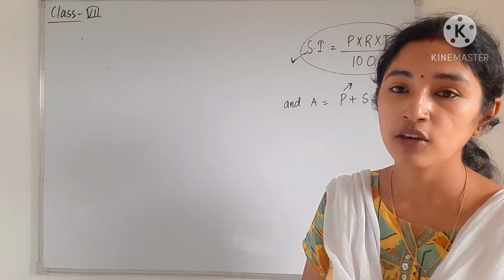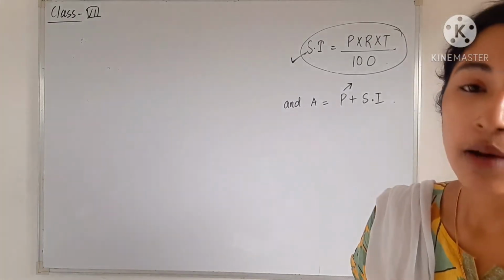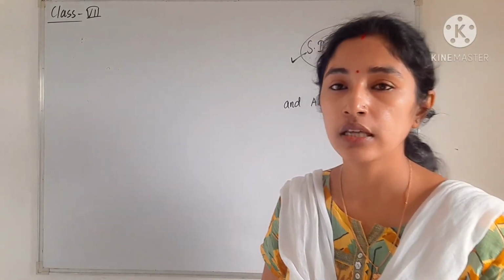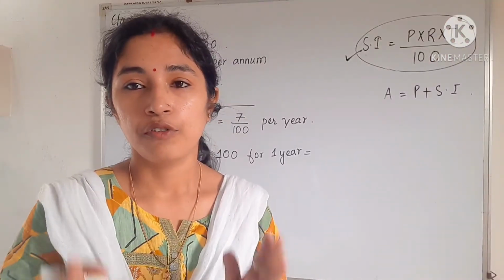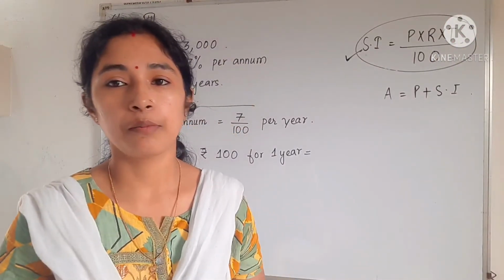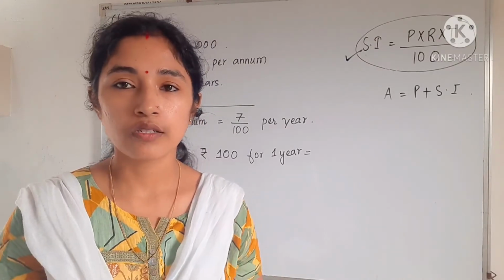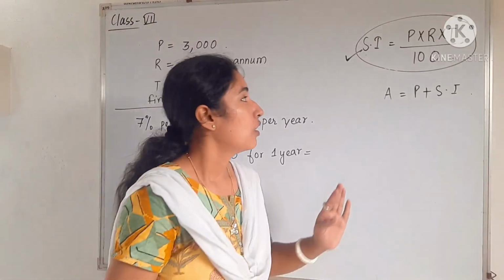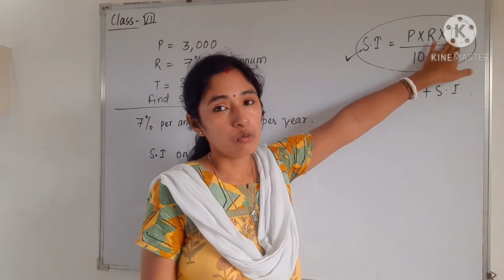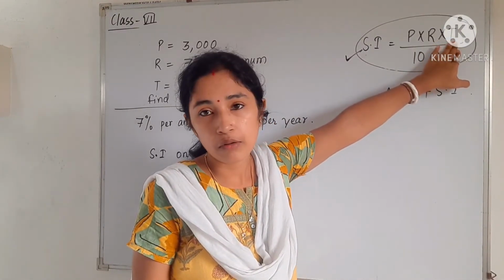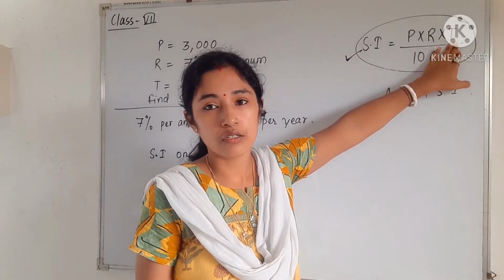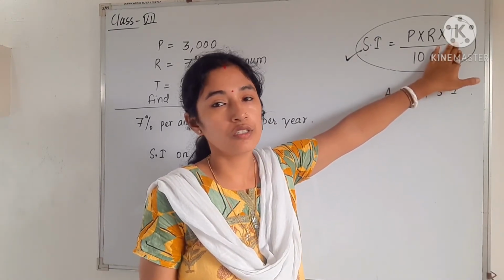So for that I am giving you one example, and the example number is 22. So you can see in the book example number 22. Before giving the example, I want to say a few points. First of all, the time period is calculated in terms of years. If it is given in months, you can also convert it into years. We will do that part in questions.